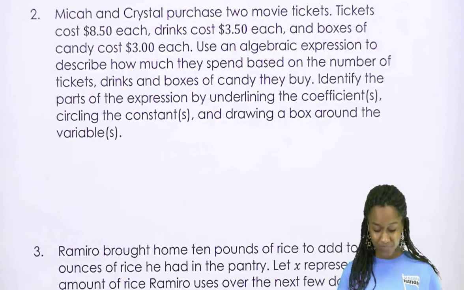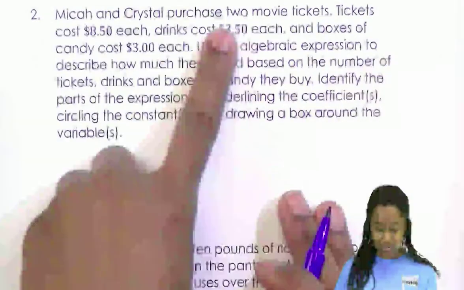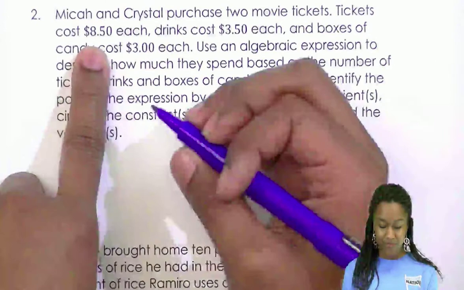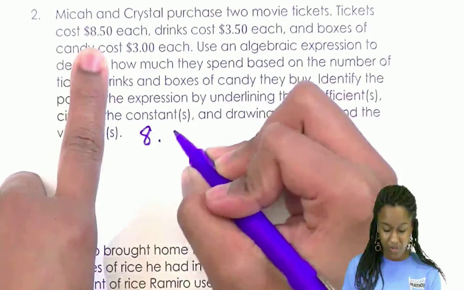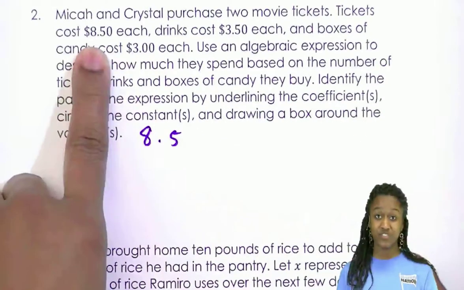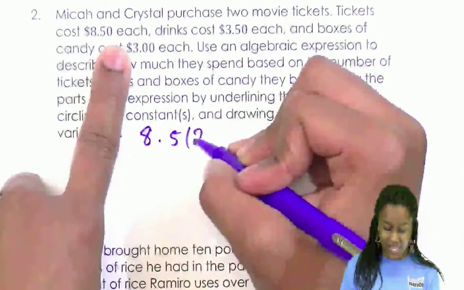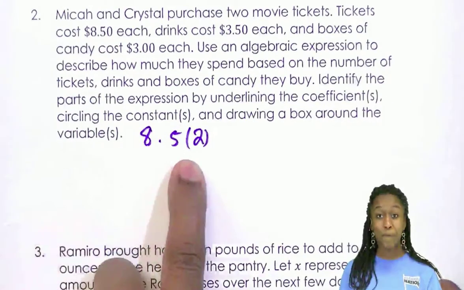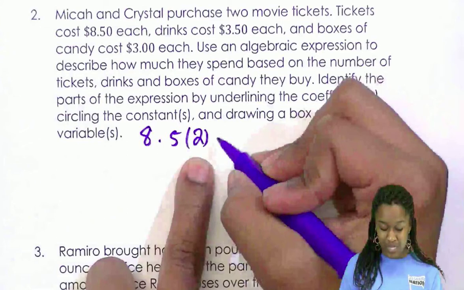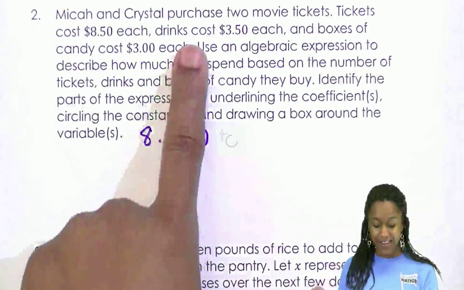All right. So we know that we're purchasing 2 movie tickets, right? And we know that's not going to change because only 2 people are going. The tickets are $8.50 each. We need to multiply that $8.50 times the number of tickets we're going to buy. Then we want to add